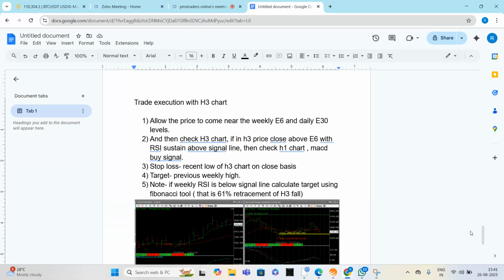सर इसमें आपने वो वाला पॉइंट नहीं लिखा है, तो ये मेरे को समझ नहीं आ रहा कि H3 में व्हेन द प्राइस इज नियर E30, यही बोला। एसपी में नहीं लिखा है मैम मैंने। मैंने लिखा है अलाउ द प्राइस टू कम नियर द वीकली E6 एंड डेली E30 लिखा है मैंने मैम। हाँ पर आप राइट। और बाय करने के लिए H3 के चार्ट में जाना है हम लोग। बाय करने के टाइम पे मैं H3 पे चला जाऊंगा और देखूंगा कि प्राइस क्लोज हुआ है क्या H3 में E6 के ऊपर। राइट। तो H3 प्राइस क्लोज अबव E6। ओके, एंड RSI सस्टेन अबव सिग्नल लाइन। तो H3 में प्राइस शुड बी अबव E6।